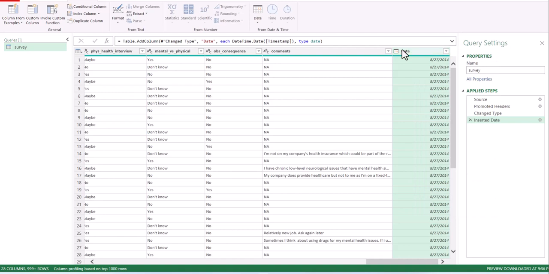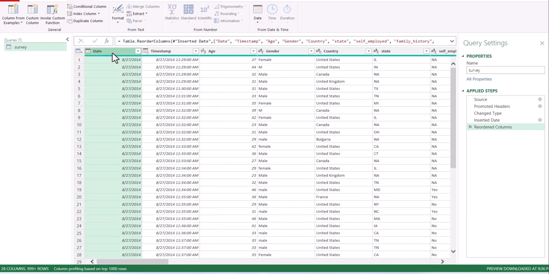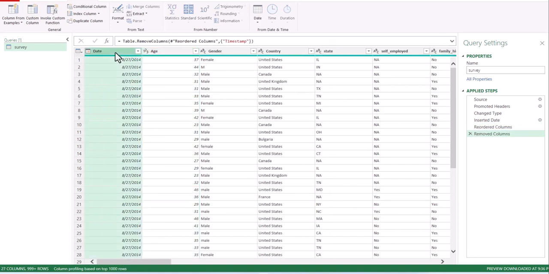So I'll right click and do send to, move to beginning. Okay, move to beginning. So you realize that I have the date alone here. Then I can delete this. I don't need the time, so I can just delete that. So I have the date column here, which is fine. Then